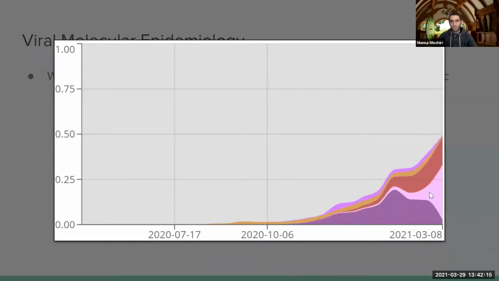These are different lineages of COVID-19 over time, I think in the US. I don't remember for sure. We can see that towards these beginning stages, this yellow lineage was the most prominent. But then right around here, this dark purple lineage started becoming the most prominent. Then around here, this red lineage became the most prominent. And over here, now this pink lineage is the most prominent. So knowing what lineages are spreading the most in a given population is important, because then it can answer questions